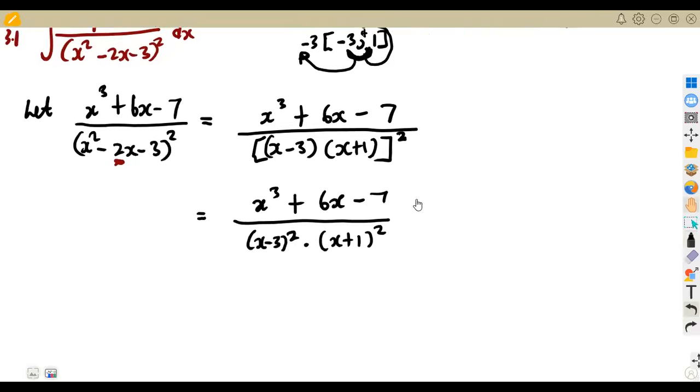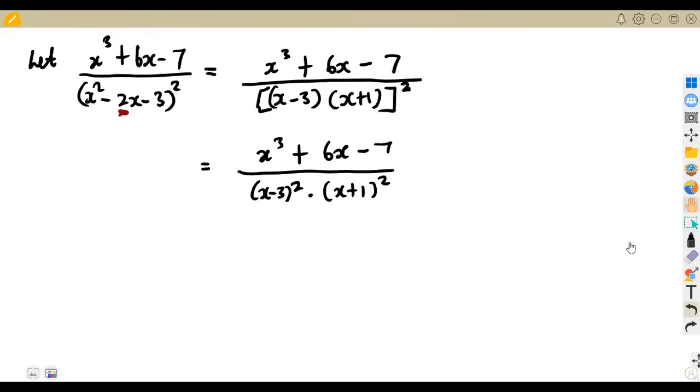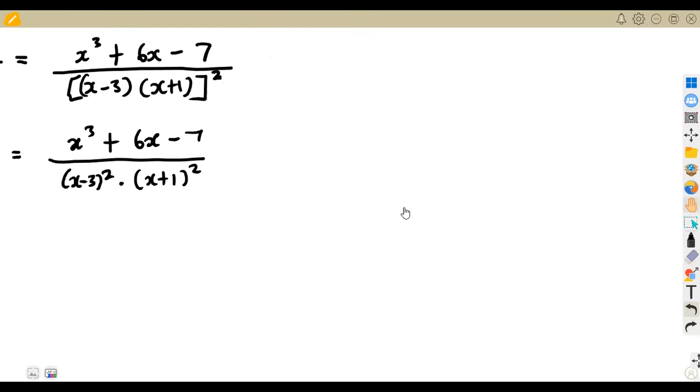Now I hope at this stage we won't have confusion. At this stage, we can properly separate to say this here is being raised to the exponent of 2. The next term also is being raised to the exponent of 2. So considering what we talked about in the previous case, we said for any repeated linear like this, we are going to expand it, starting with what we have, like we're going to start with a over x minus 3. Let us just expand it on this side. I still have space here, so let me utilize this space. So we're going to expand this as it is equal to,